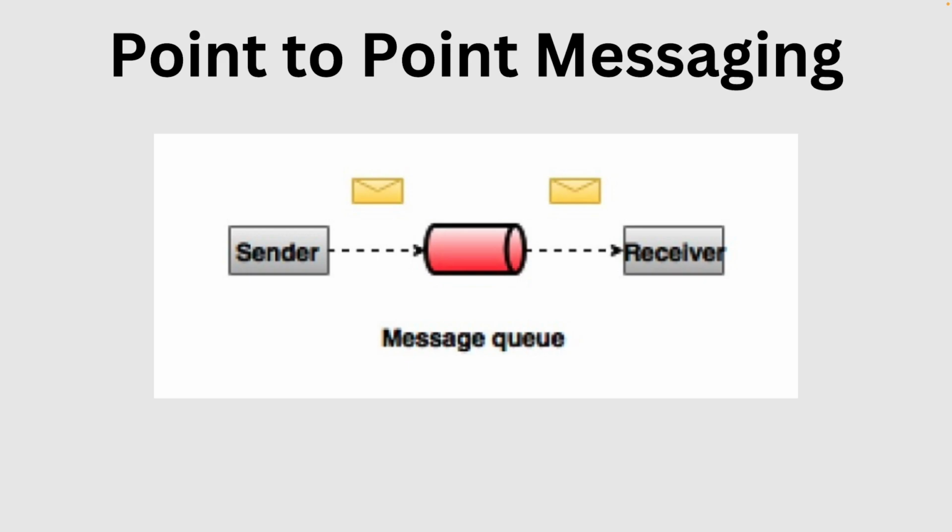One or more consumers can, or which in this case is shown as a receiver because it's receiving the information, but another name for it is consumer because it's consuming the information from the queue. But a sender sends a message to the queue, and one or more consumers can consume from the queue. It can consume a particular message from the queue, right? But it's point to point, meaning it's one sender to one consumer, right? Yes, you can have many consumers connected to the queue, but only one consumer can consume that one message that was sent by the sender.